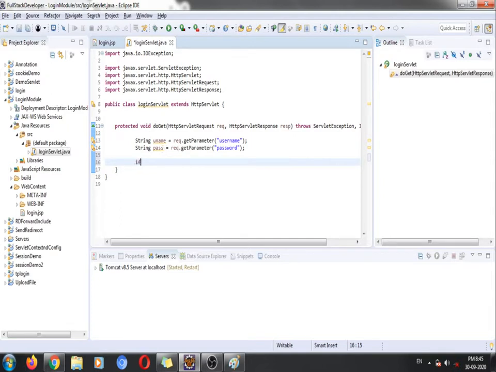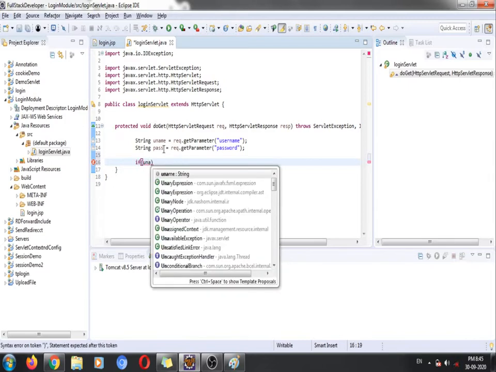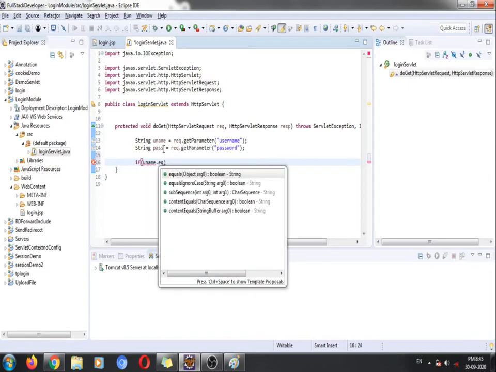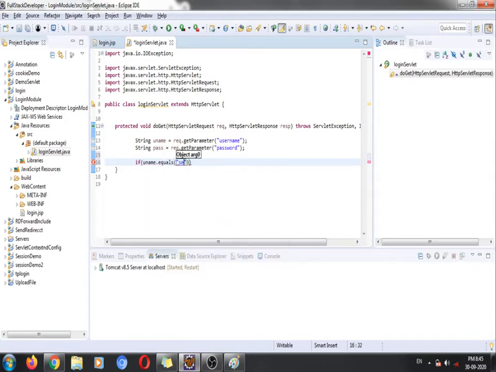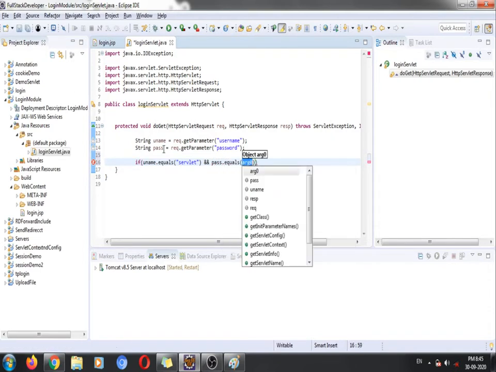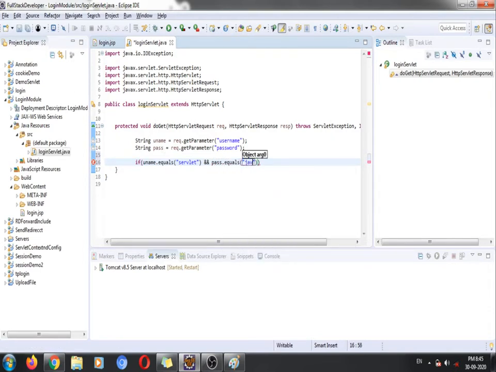For that we need to write an if statement: if uname.equals("servlet") and pass.equals("java").